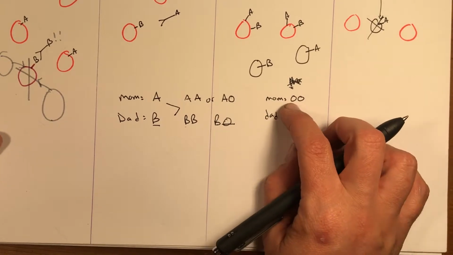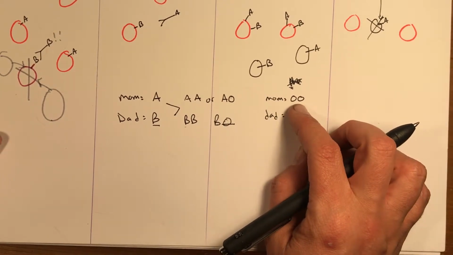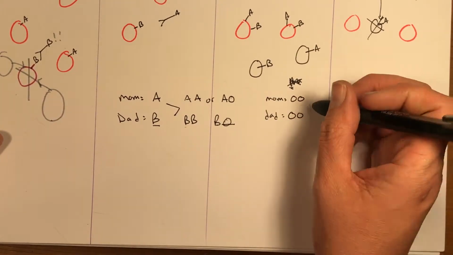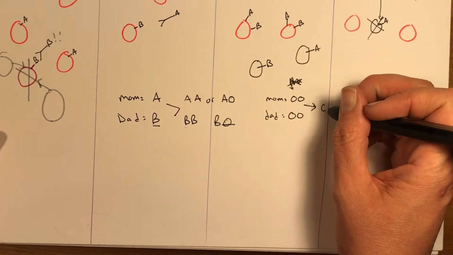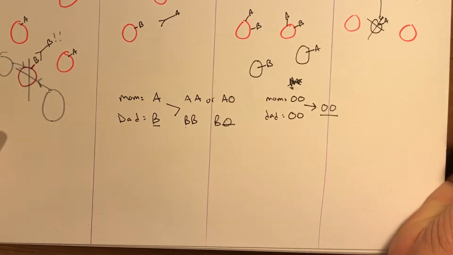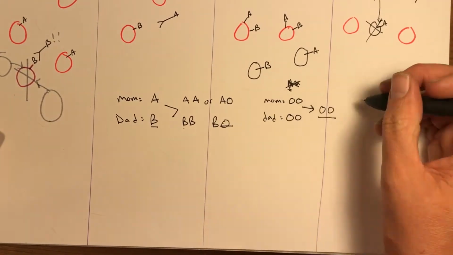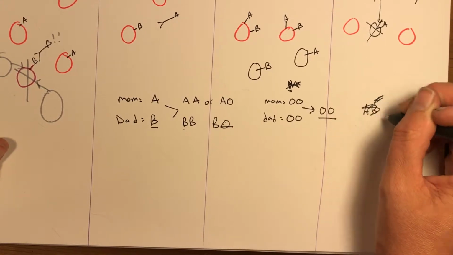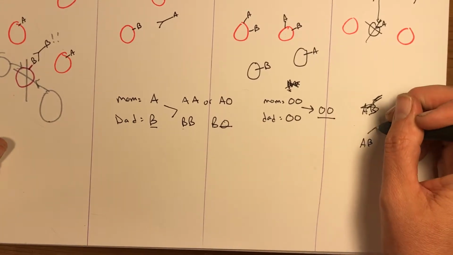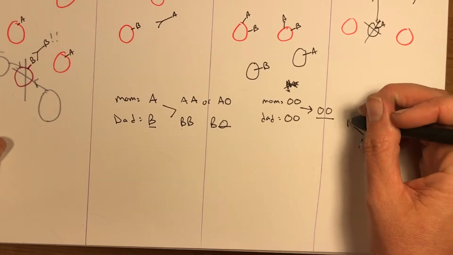So if your mom is type O, that means she has no genes for this specific blood type. Same with dad. They can only have kids. If you have two people with type O blood coming together, they will only have kids with type O blood. Now, if you have AB blood, what that could mean is that your parents, this is not the right way to do it, so if you have AB blood, it could be that your mom was A and your dad was B.